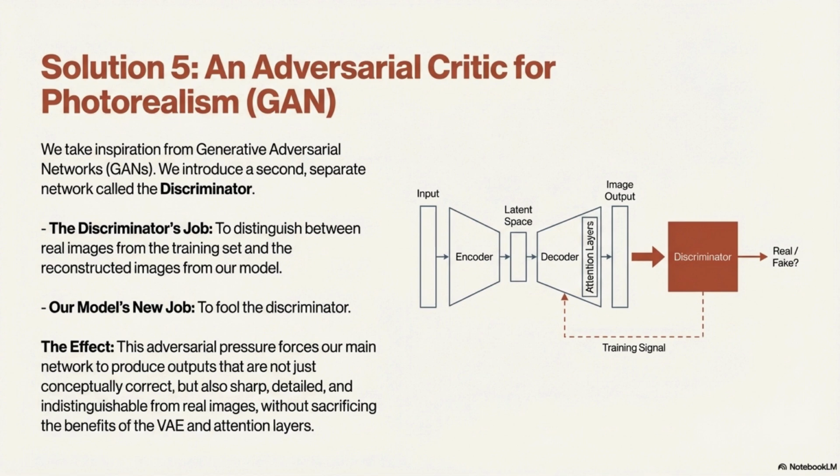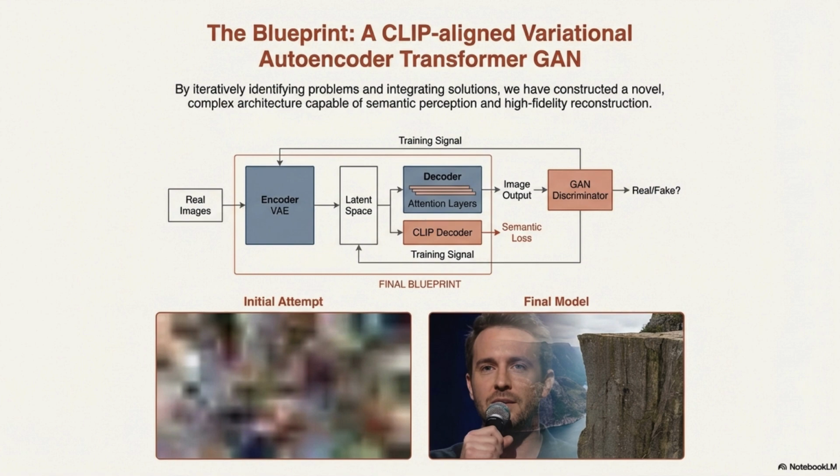What's fix number 3? You bring in an adversary. They borrowed an idea from generative adversarial networks, or GANs, and they introduced a new network called a discriminator. The art critic. Its only job is to look at the main network's output and say, is this a real photo? Or is this your blurry reconstruction? So the main network, the forger, has to learn to fool the critic. Which puts this immense pressure on it to produce perfectly realistic, sharp images, all while keeping the VAE and attention